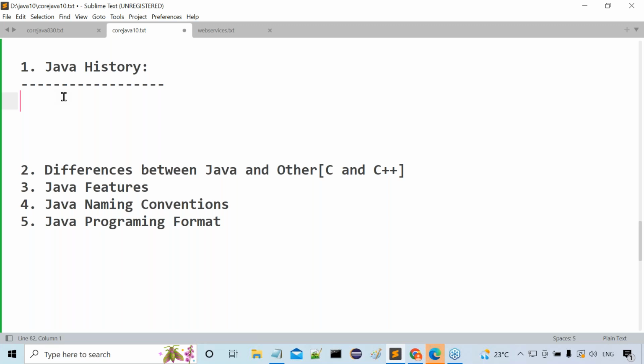Can you tell me what is the age of Java, up to today? How many years of age is available for Java? 26 years, no? 26 years, I think so. Almost the same as your age, right? 26 years or 22 years for you? 22. That means Java's age is more than your life, am I right or not? Okay, fine. Of course. Don't worry.